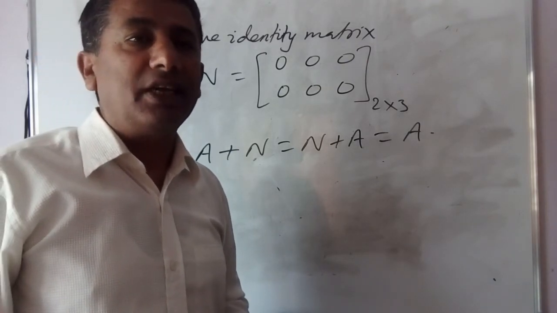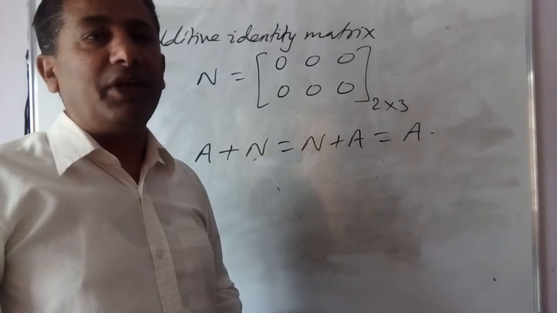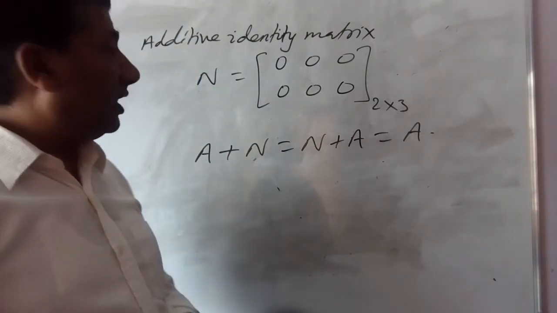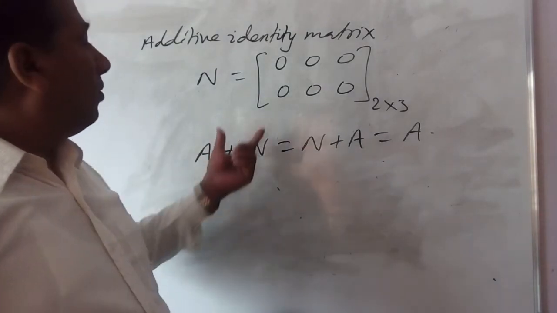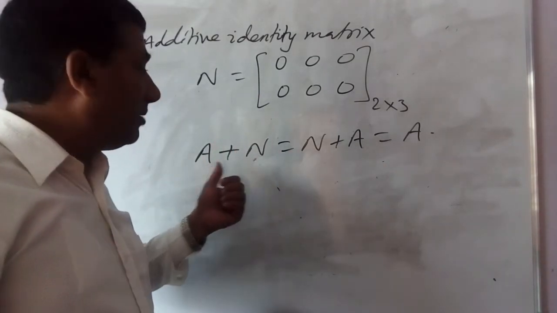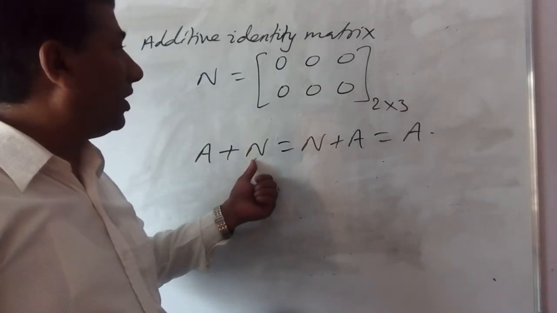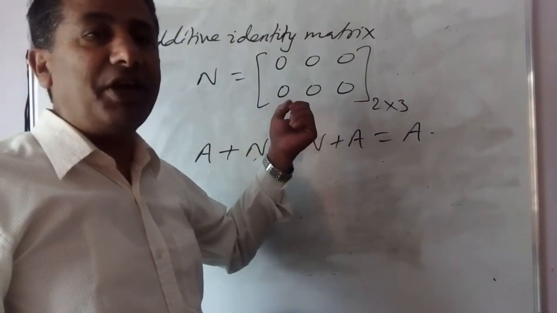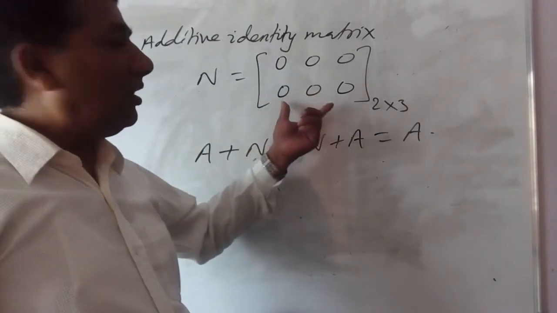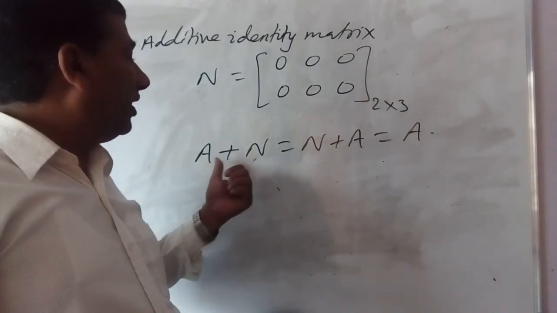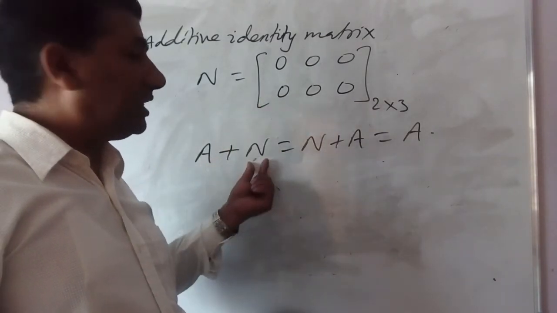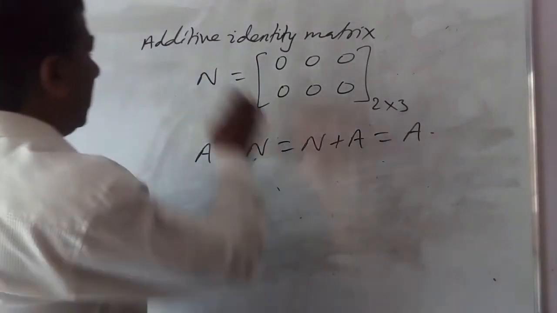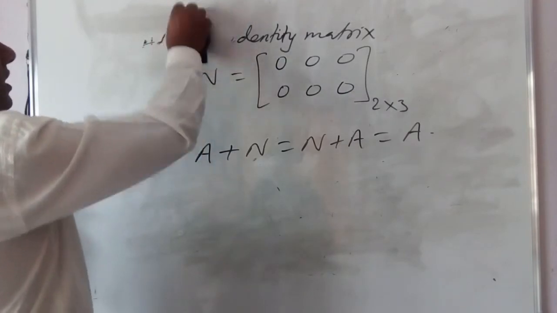If the matrices' orders are not the same, we cannot add and we cannot subtract. That's why this is related to addition. What is the order of matrix A? We have to take the same order of additive identity. It is called a null matrix, or zero matrix also, where all the elements are 0. Now if we add this additive identity matrix, it doesn't bring any change in the matrix. That's why this is the additive identity matrix.